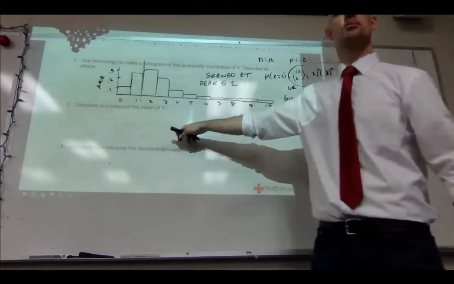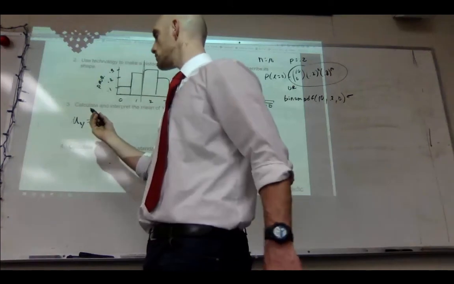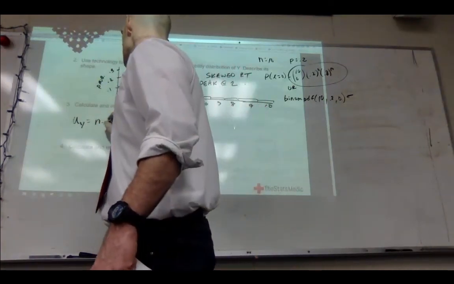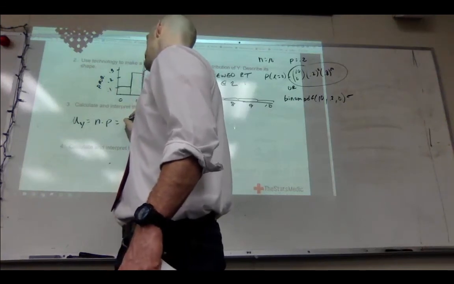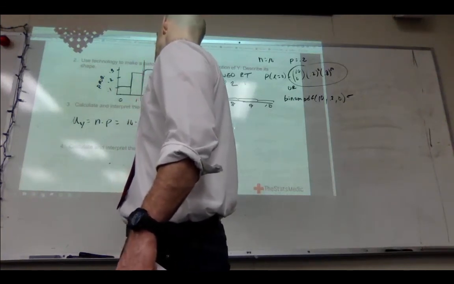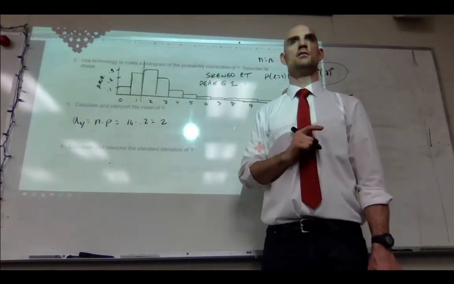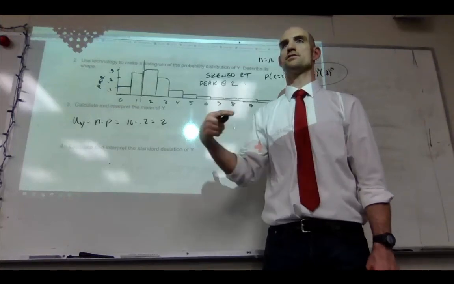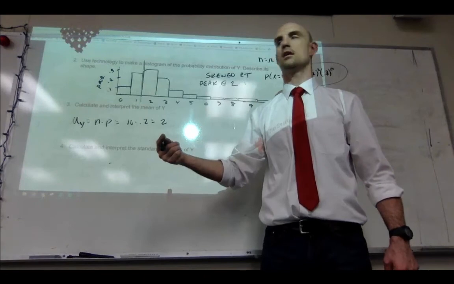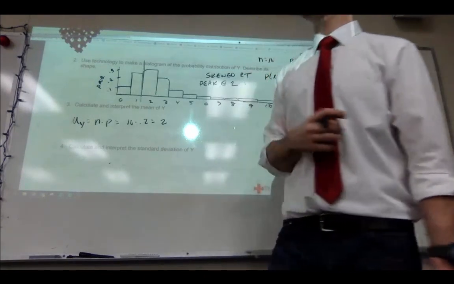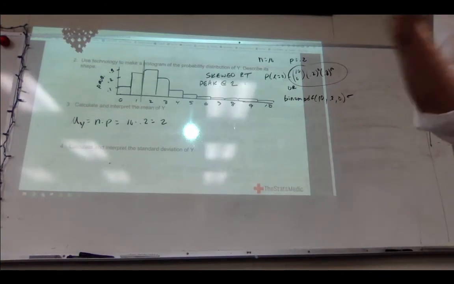So let's calculate and interpret the mean of y. So the mean of y, what's my formula here? N times p, which would be 10 times 0.2. Show me the math. 2. Did the mean follow the skew in comparison to the median? Yeah. Now we don't specifically know where that median is, right? But at the same time,